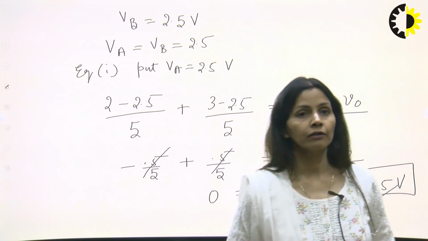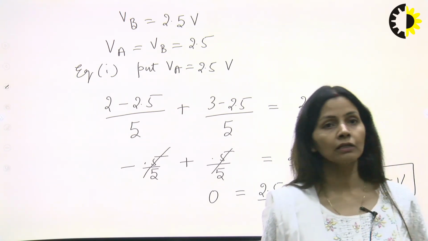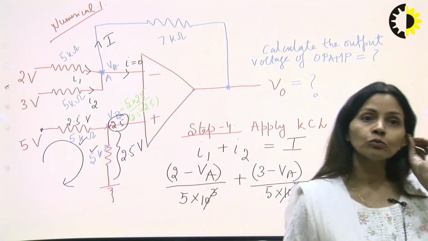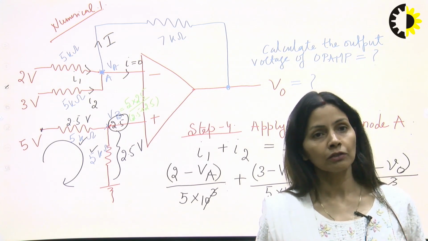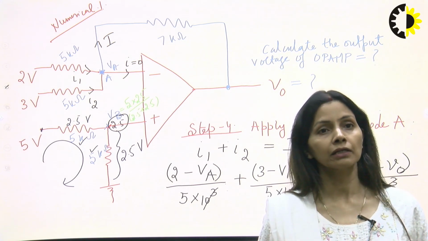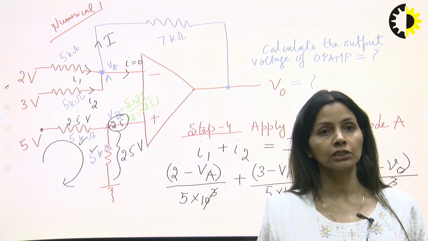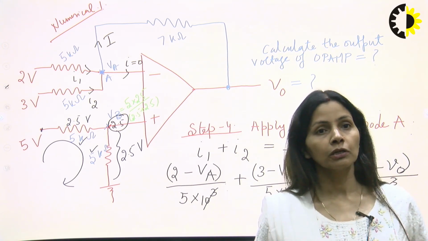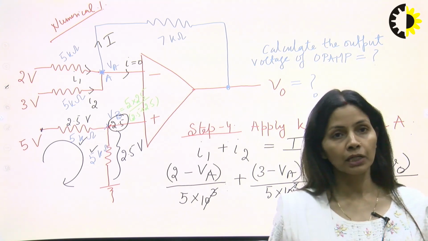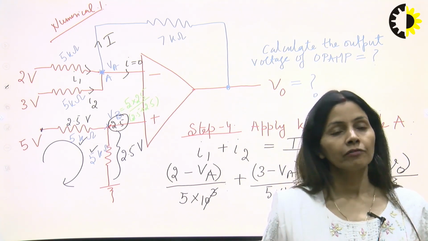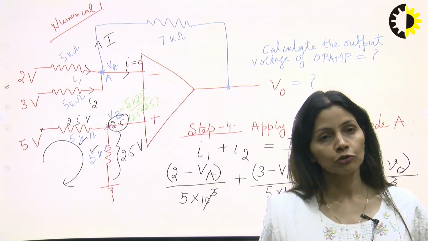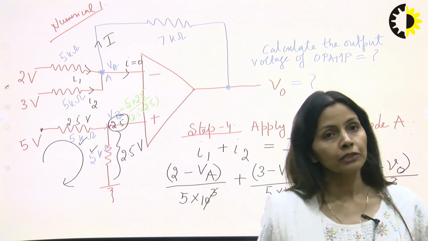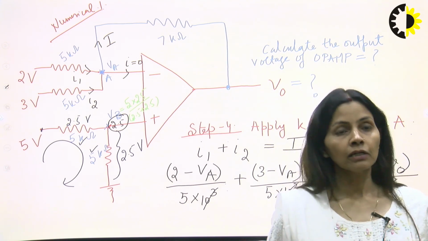So there are 4 steps in which we can solve the given numerical for the op-amp. You have to do the numerical step by step. Step 1, you will write op-amp is ideal. Second, you will apply the VGC, virtual ground concept, making the 2 node voltages equal. Third, you will ensure the proper connection between input and negative terminal by some feedback resistance if it is working in closed loop. And fourth, you will apply Kirchhoff current law at node A, make the equation, and solve for the output voltage.